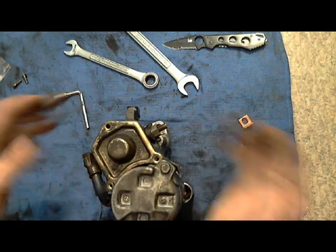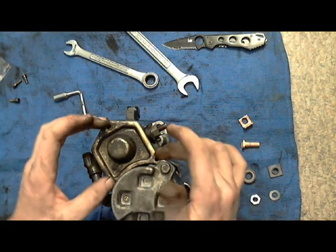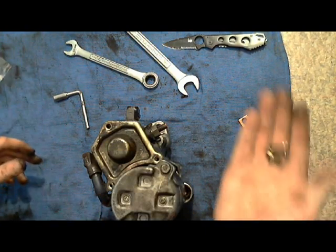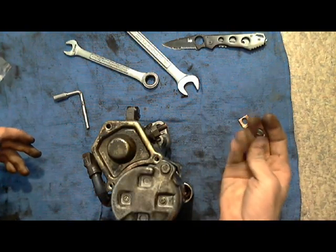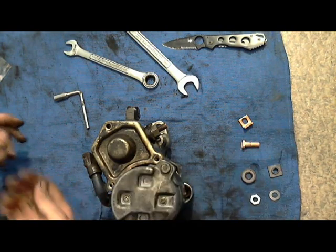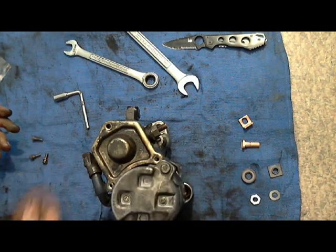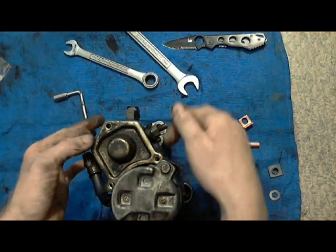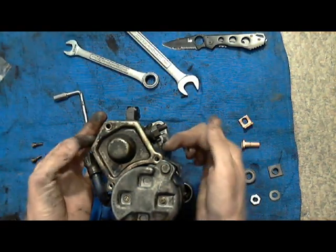So yeah, I've already loosened these 3 screws. I just cracked them loose. They're 8mm, and then they have the Phillips head in them. After I cracked them loose, I just used a screwdriver to get them out. But I had to tap on it a little bit on the underside. Let's just put a flat head against